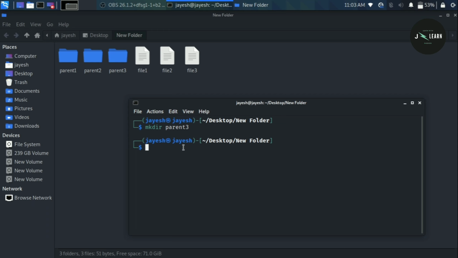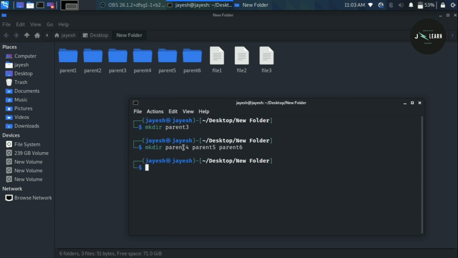Now suppose we have to create multiple directories, you can use mkdir command to do so. Mkdir space the names of folder as much as you want, separated by the space, like parent 4 space parent 5 space parent 6, and if you press enter, as you can see, parent 4, parent 5 and parent 6 directories are created.